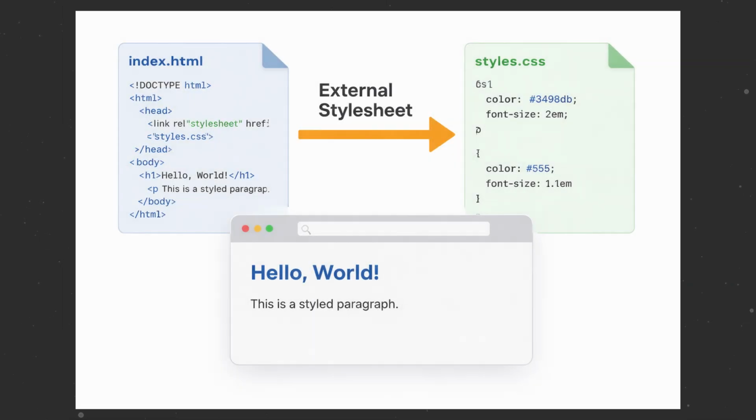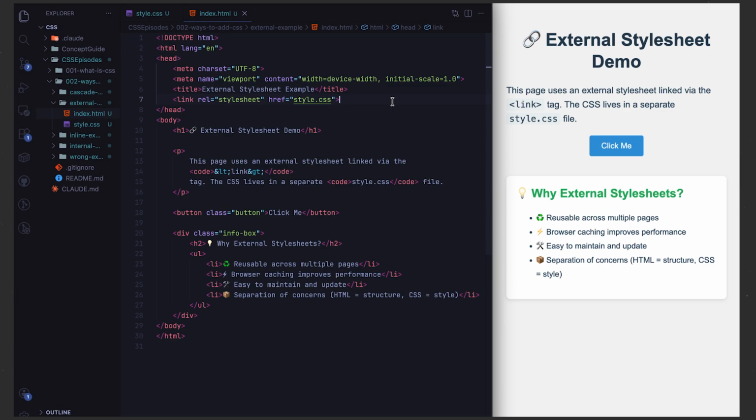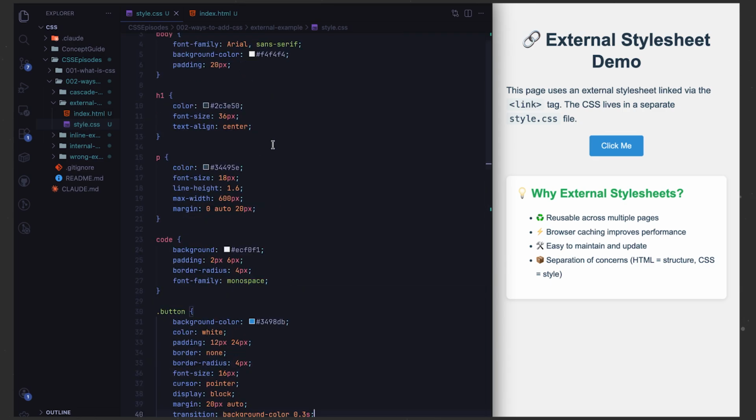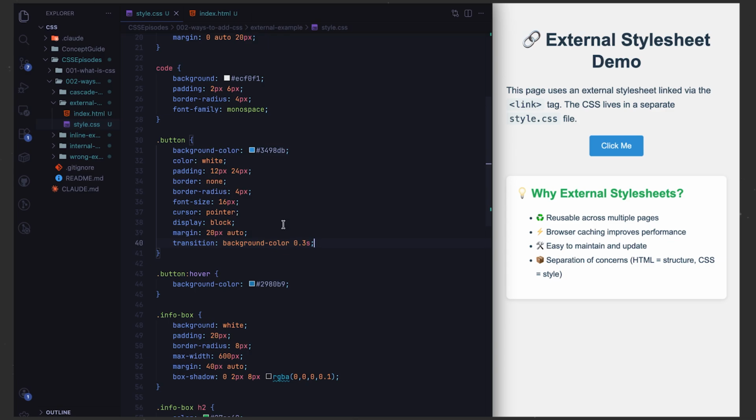The most popular way of connecting CSS inside the HTML files is definitely the external stylesheet. As you can see on the screen, in that example, we are using the href attribute to connect index.html to the closest style.css file, so the style.css that is in the same directory as index.html. As you could probably guess, inside of style.css, if you follow that exact file, we're gonna see all of the styling connected to this HTML